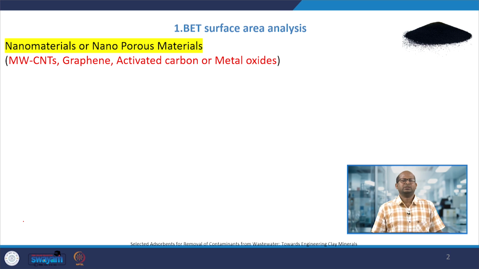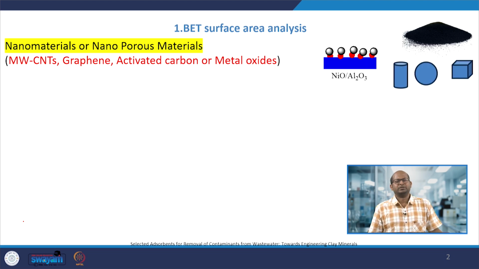Okay. So, we have already discussed that nanomaterials or nanoporous materials are made of various types of pores, which may be micropores, mesopores or macropores. Depending upon that, we can characterize what type of material it is. If you are able to develop materials having extremely high surface area or extremely good porosity, void space inside that porous material,